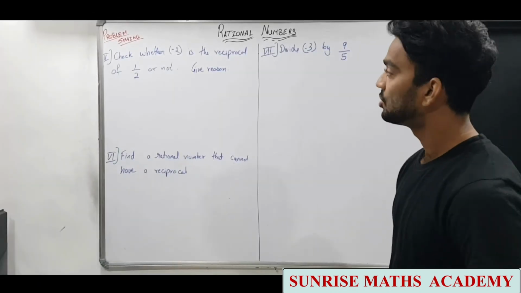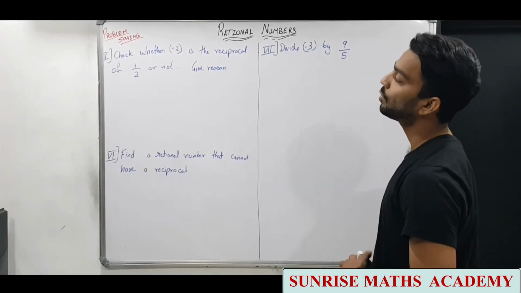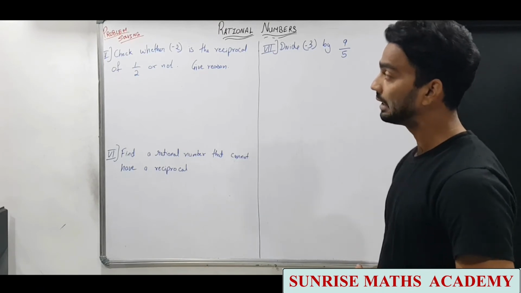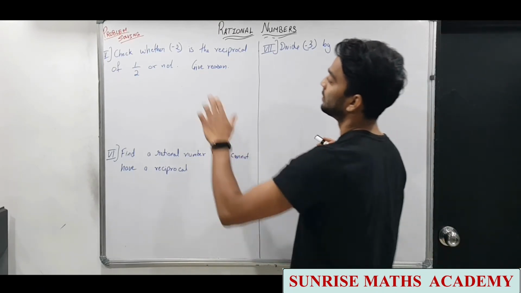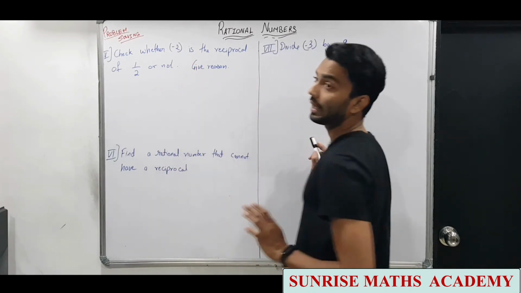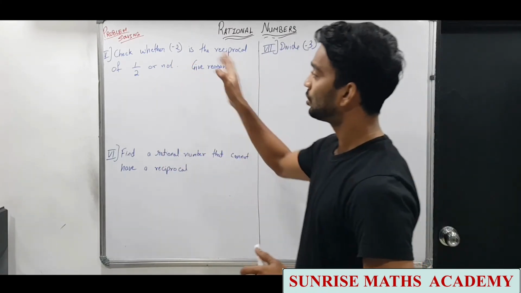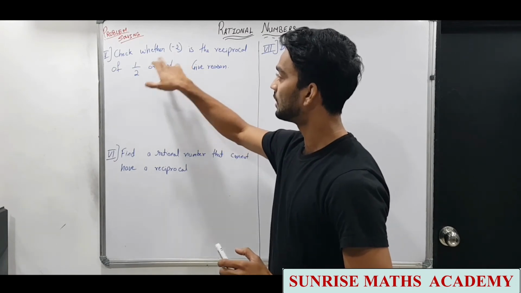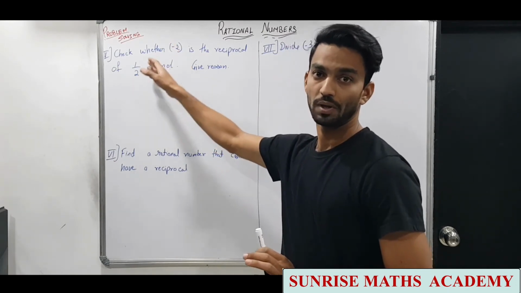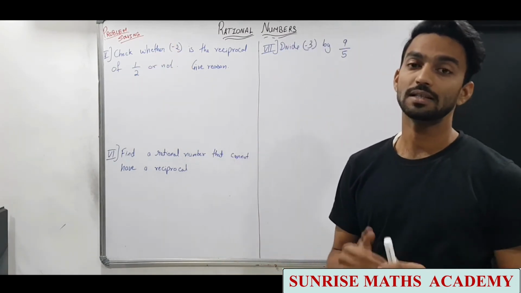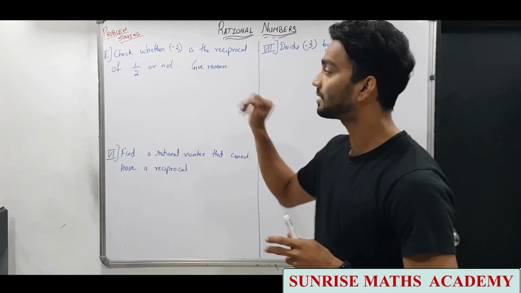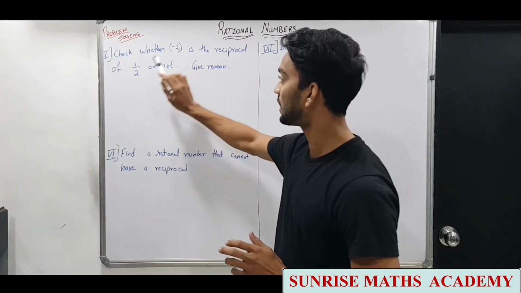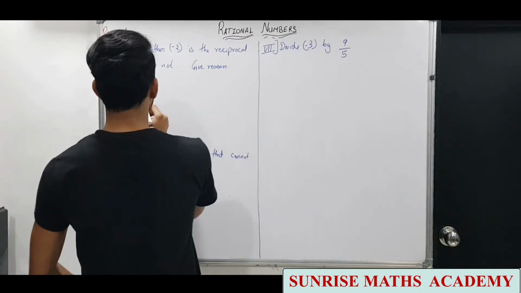Next question is check whether minus 2 is the reciprocal of 1 upon 2 or not. You have to give the reason. Now अब उन्होंने बोला है minus 2, 1 upon 2 का reciprocal है या नहीं. From seeing only we can see here this is negative, this is positive. So reciprocal में साइन नहीं चेंज होती है, सिर्फ न्यूमरेटर और डिनोमिनेटर इंटरचेंज होते हैं. यहाँ पर साइन भी इन्होंने चेंज कर दिया है. This is minus, this is plus. Reciprocal of